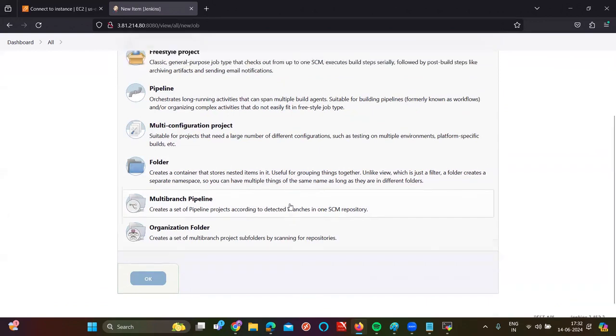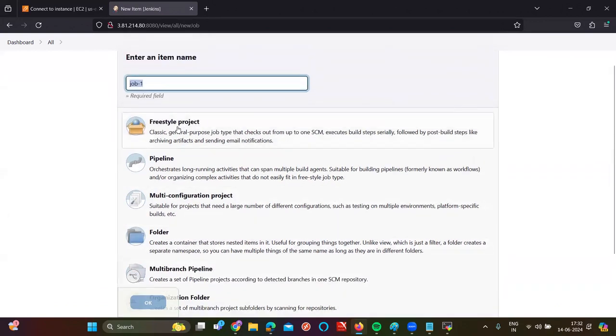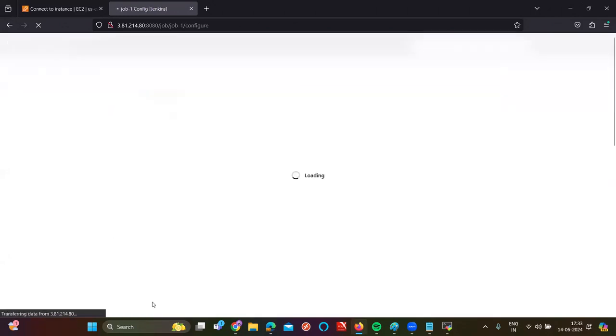But initially, to be user friendly, I'm going to show you how to use freestyle. Later, I'm going to show you how to go with pipeline. Why? Because if I directly show you pipeline, you won't get anything. Pipeline requires some prerequisites to understand. To write the script, you need to understand what CI is in a practical way. That is the reason, first of all, I'm going to explain how to write a freestyle job. So click on freestyle and click on OK. The moment you click on freestyle here,